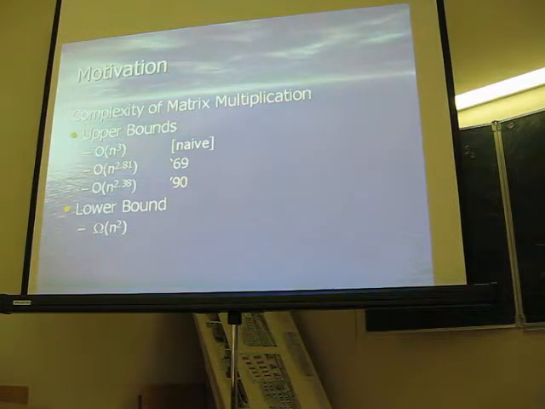On the other side, we have lower bounds, something like: no one is able to compute the product of two matrices in time less than n squared, just because you have to spend time n squared to read two matrices. And the question is, if you have to choose between these two bounds, what seems more plausible? And some people may say, well, n to the 2.38 is too unnatural, so maybe it's the wrong answer.